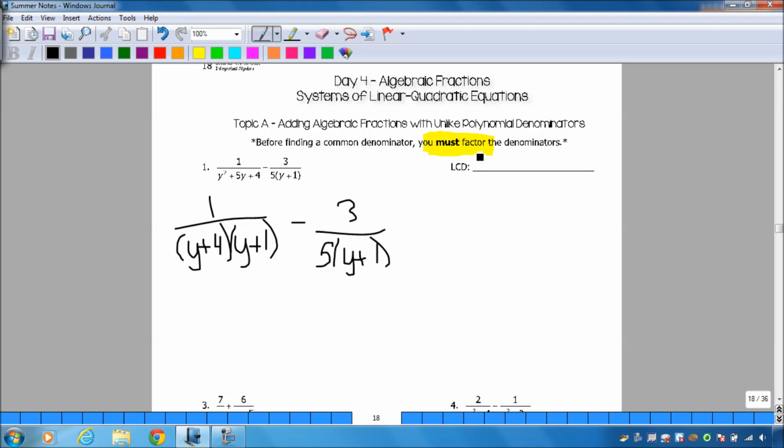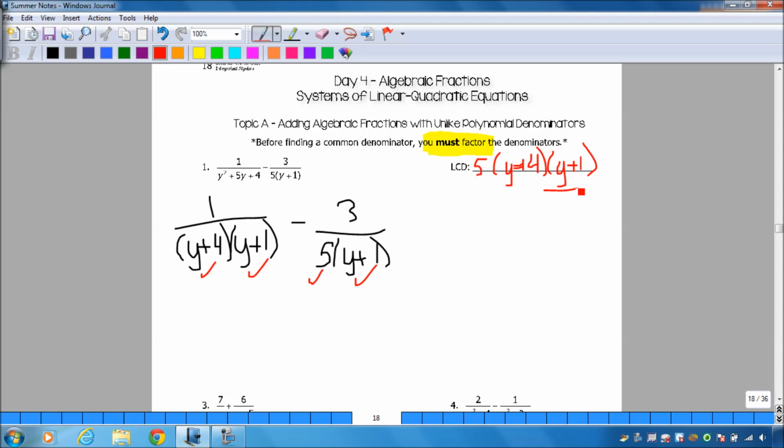So if I were to write out my LCD, I have to make sure that I cover everybody in each one of these expressions right here. So that means that I have to have a y plus 4 in my LCD, okay? So my LCD will definitely have y plus 4 in it. I must have a y plus 1, all right? I must have this 5 right here, and then I don't need to include y plus 1 again because it's already